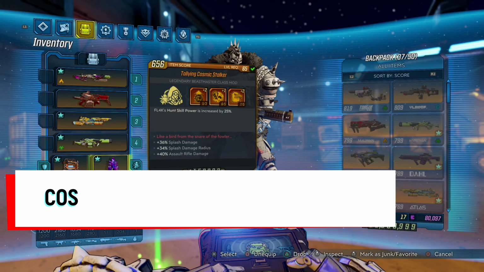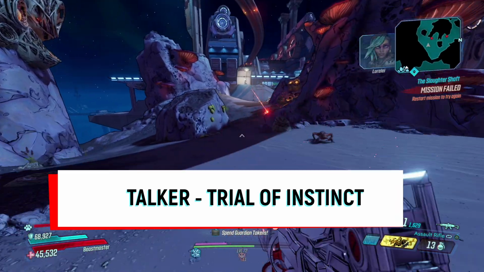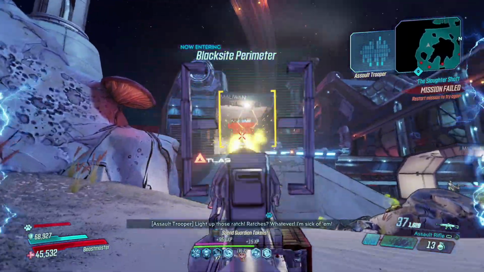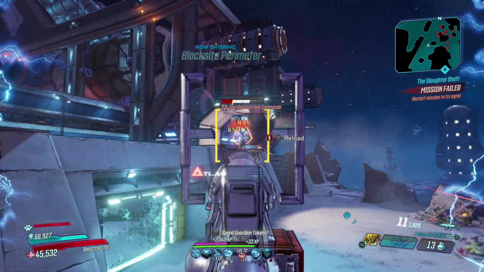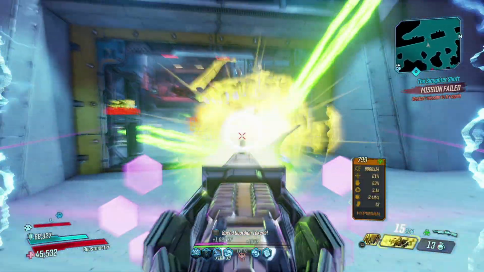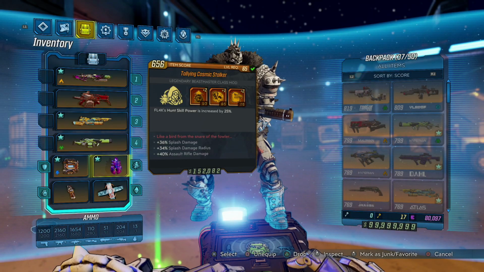So next up on the list, we have the Cosmic Stalker. Now, the Cosmic Stalker can only drop from the Proving Grounds boss, the Tyrant of Instinct. It's a 50% drop. It can also drop as a world drop as well, but its only dedicated source is that Proving Ground. Now, essentially what this comm does is it gives you an increase of power by 25%,